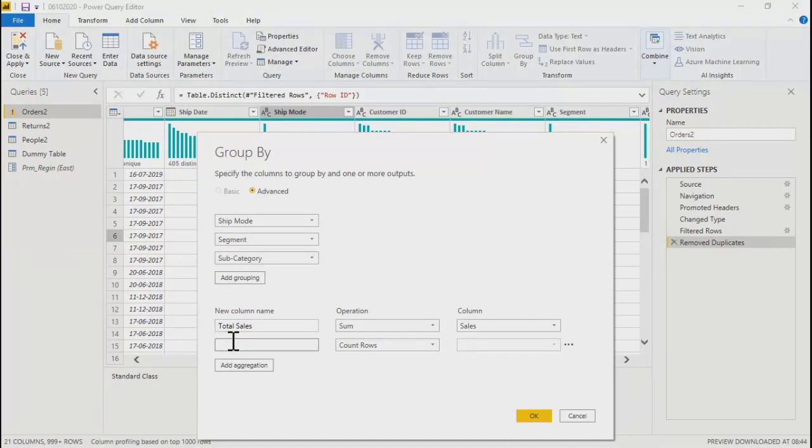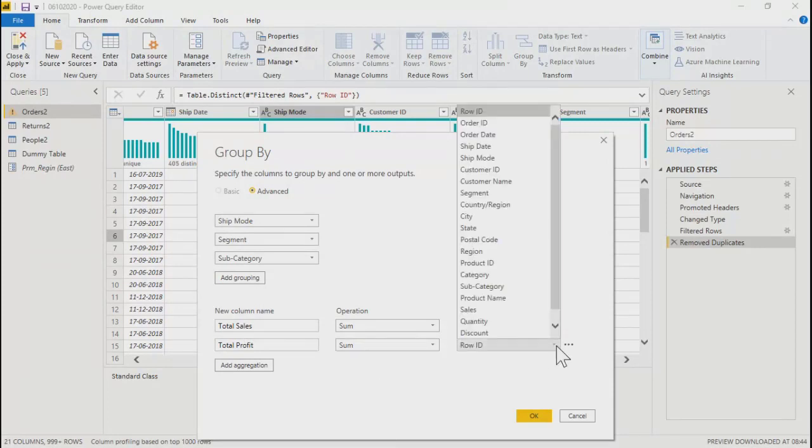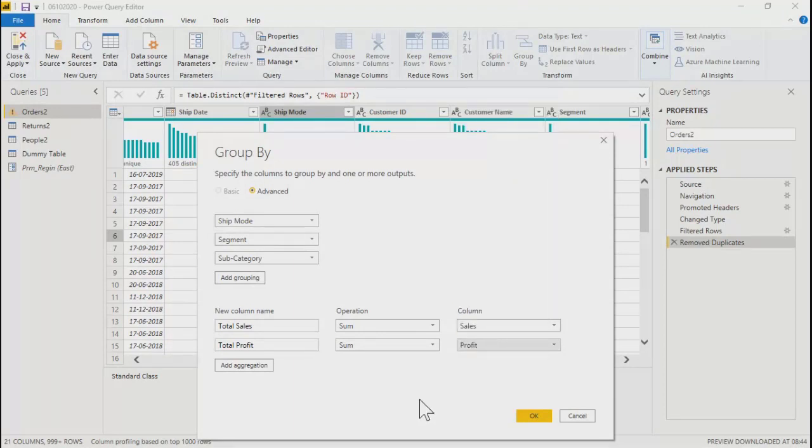You can give it another name. In one group by itself, will we do multiple operations? Is it like that? Not multiple operations. You are doing only one operation, that is aggregation, sorry, summarization, right? It's summarizing your data.